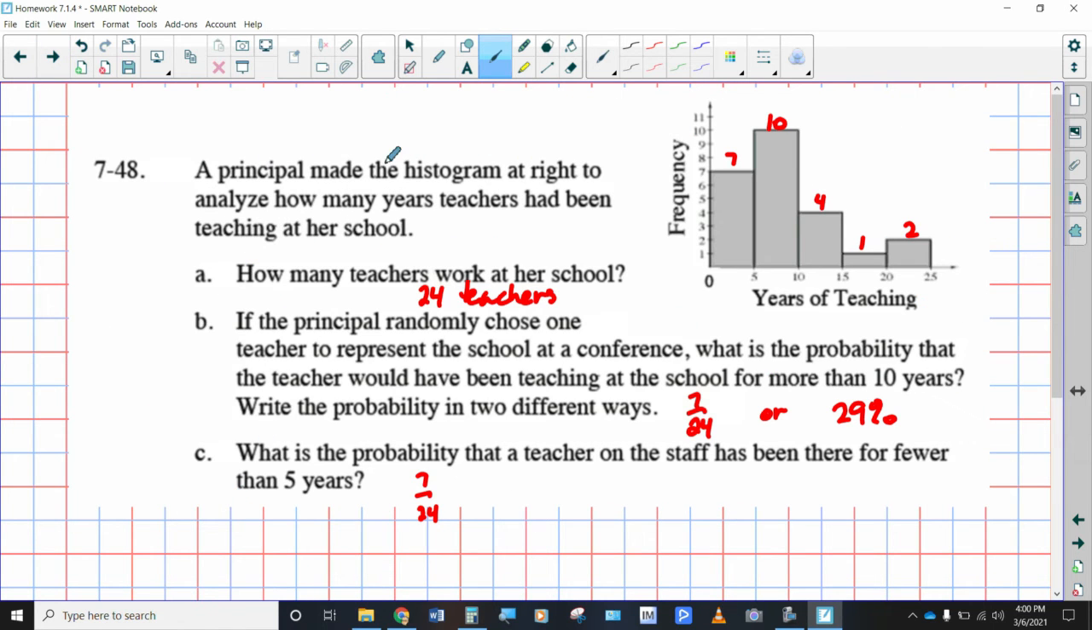All right, a principal made the histogram at the right. Analyze how many years teachers had been teaching at her school. How many total teachers have been here? Okay, well, this is the frequency, which means there are a total of 7 teachers that have been there between